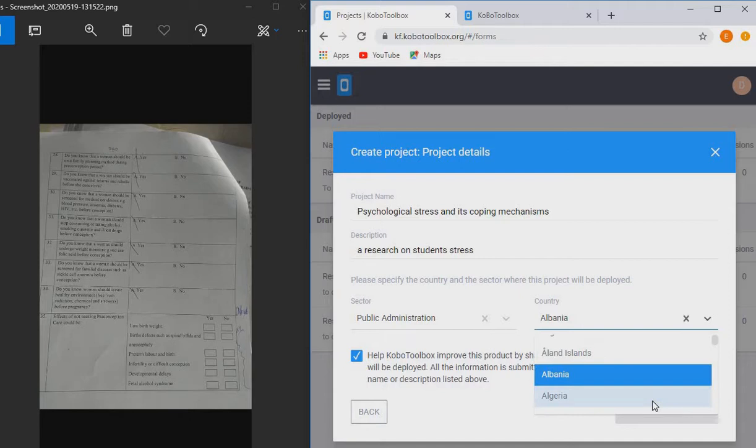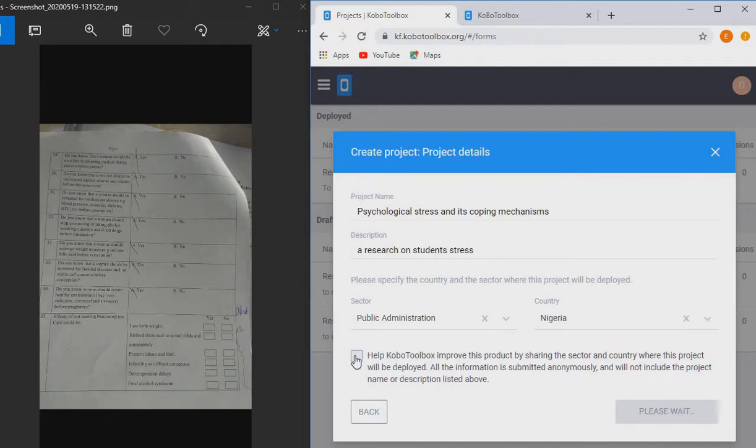Just click on it. Alright, so after you've filled this form, Nigeria, public admin, this is just an example, depending on what you want to do, then you should